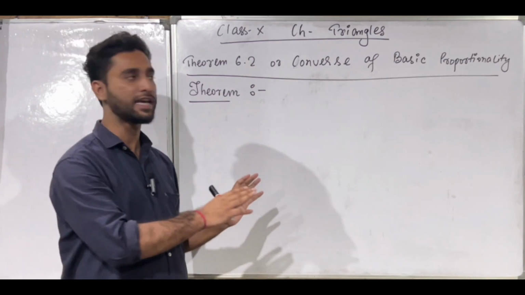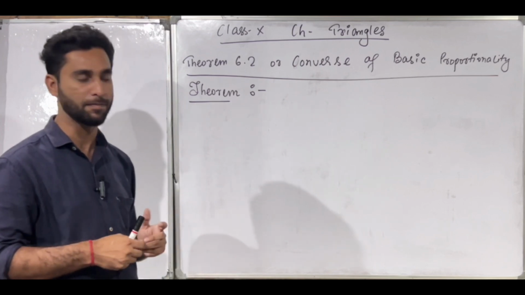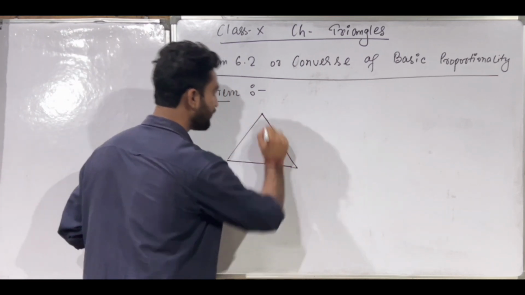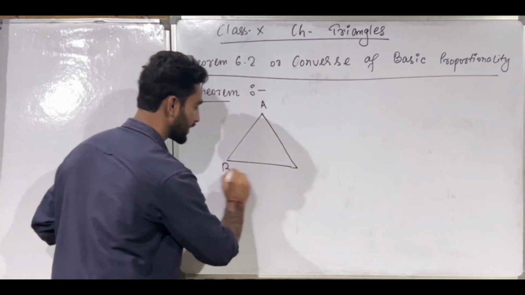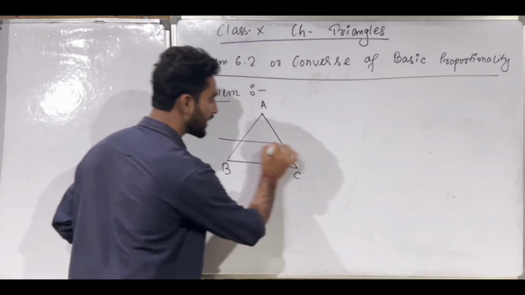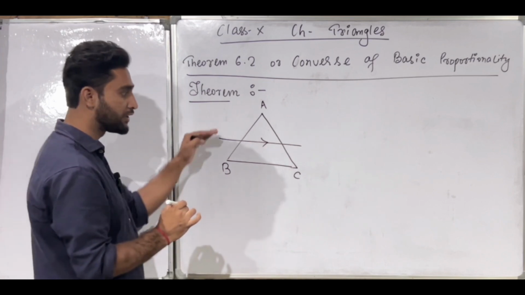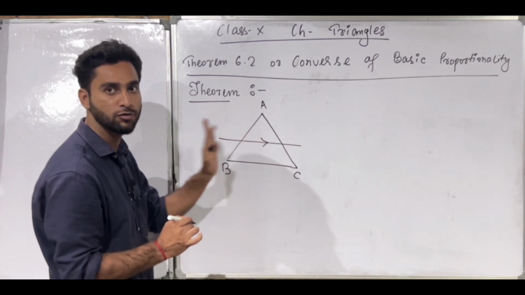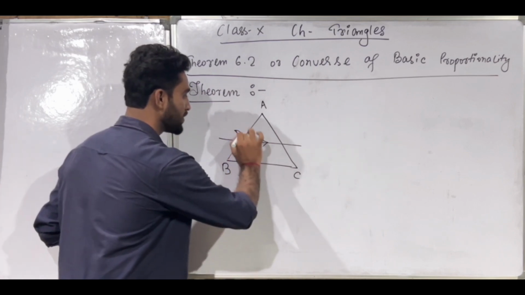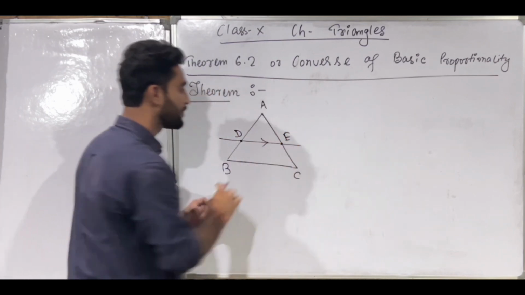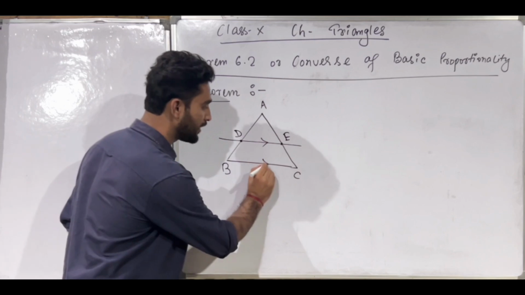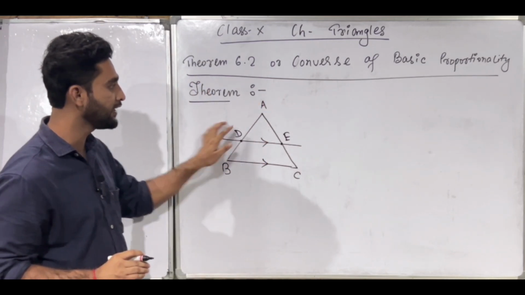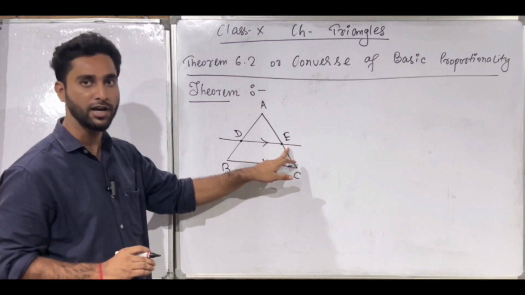First, let's recap what the basic proportionality theorem was. It states that if in a triangle, let's suppose this is triangle ABC, we draw a parallel line so that it intersects any two sides of the triangle, say DE parallel to BC, intersecting side AB at point D and side AC at point E,